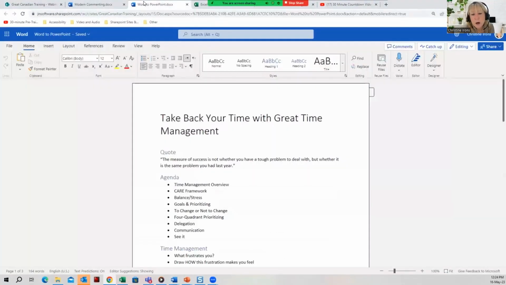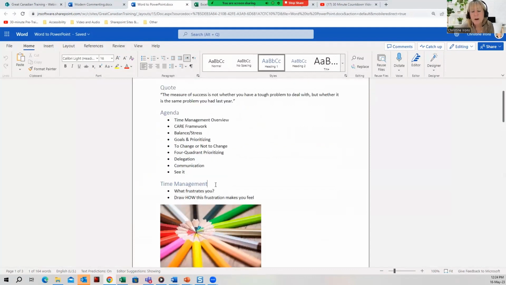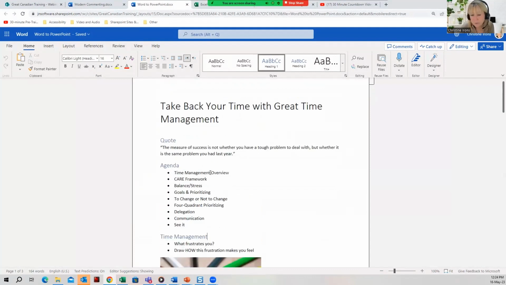Okay, so I have a Word document typed up in Word. I will want you to notice that my headings, agenda, time management, they're all styles. If you guys know what styles are, where you can select a heading and apply a heading one style kind of thing, they are all styles. And I did that on purpose